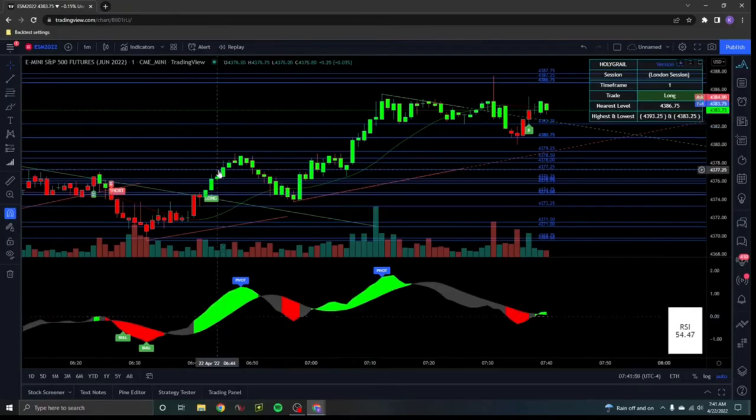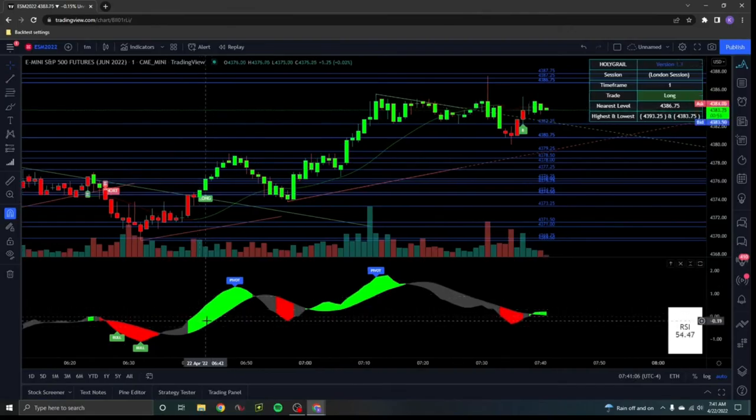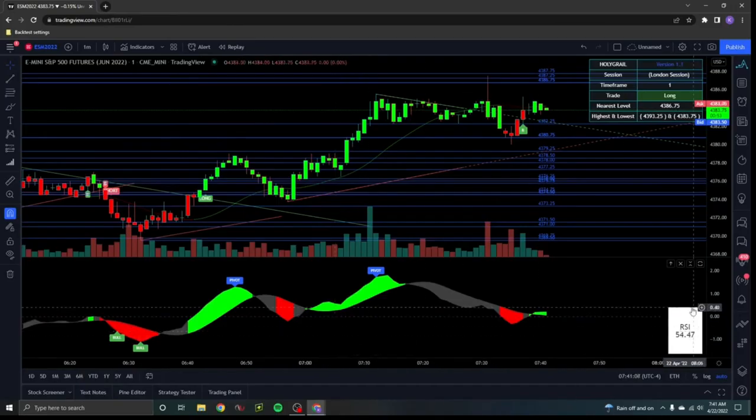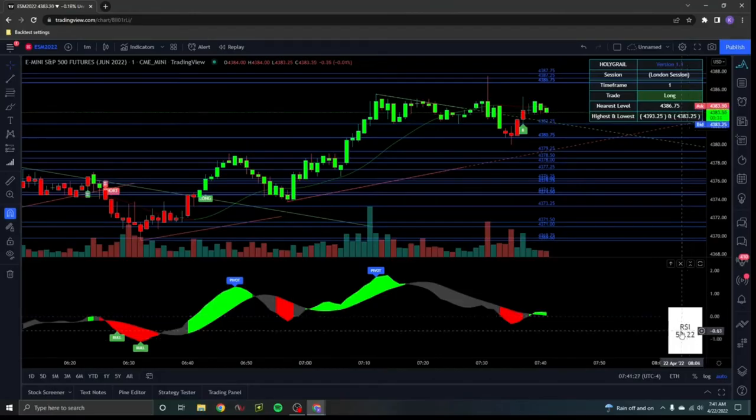So you would take a look at this long, you would take a look at your MACD. The MACD looks like it would have been in a pretty good position to take this. You'd also look over here to the right. This is your RSI. Basically, you look at that to see if the item that you're selling or the commodity is oversold or overbought. You'll see that if it is overbought on a long, essentially this RSI will get into